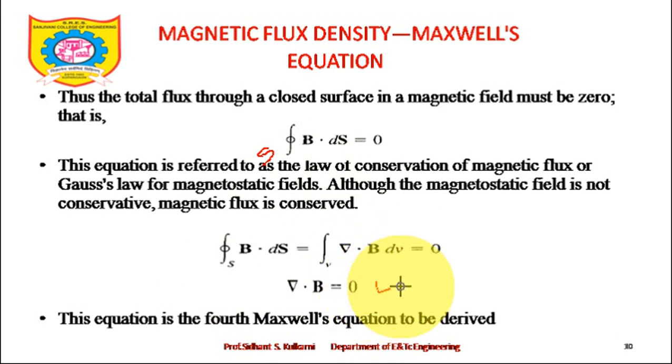So this is another Maxwell's equation in point form. This is the fourth Maxwell's equation. We will see the four Maxwell's equations in point form in the next lecture, which may be asked in the examination too, right? So that's the important slide. Only one slide of this topic is remaining, then we will go to the next point in this unit. So this equation is called the fourth Maxwell's equation.